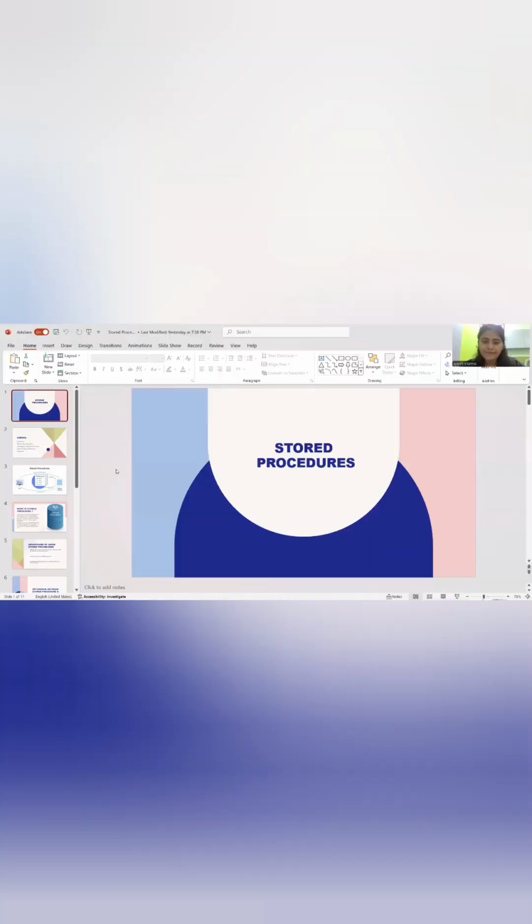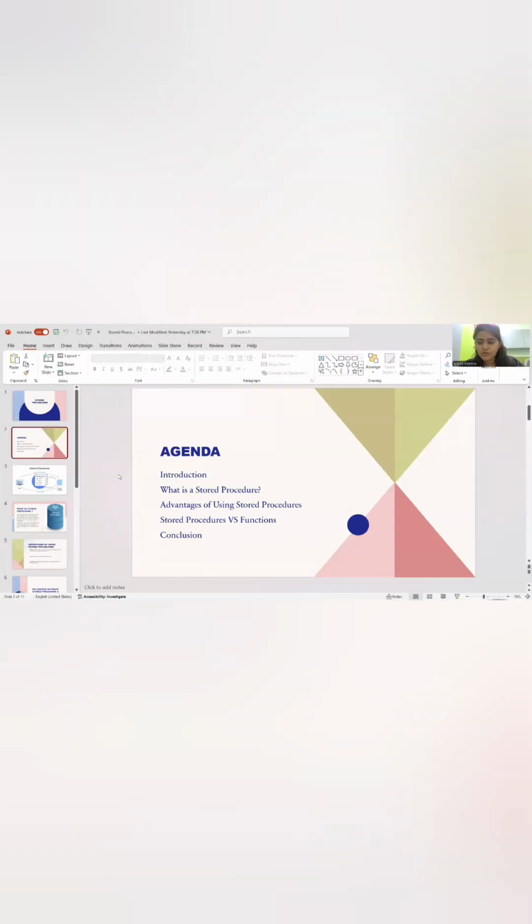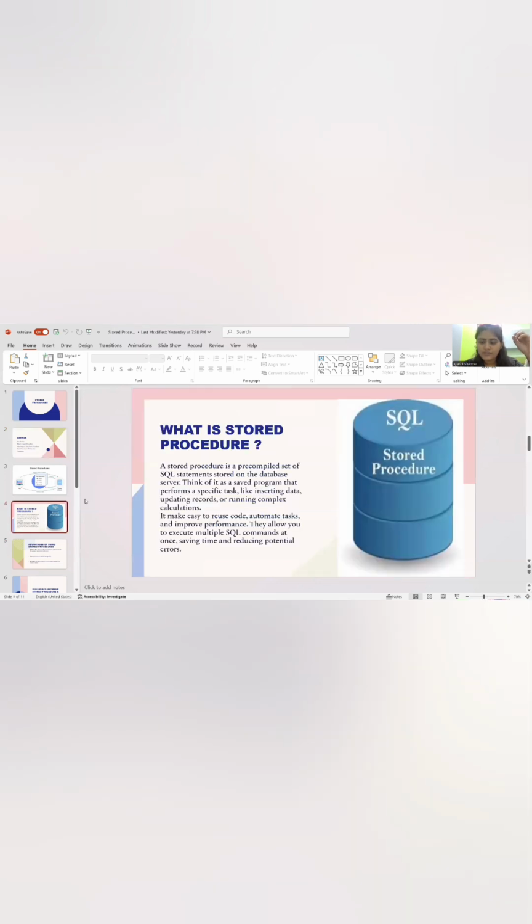I made a PPT so that it is more clear to you guys. So here's the PPT, guys. The agenda of this PPT is to give you a brief introduction to what a stored procedure is, the advantages of using stored procedures, and the basic question: what is the difference between functions and stored procedures? So what is a stored procedure? As I already gave a brief introduction,